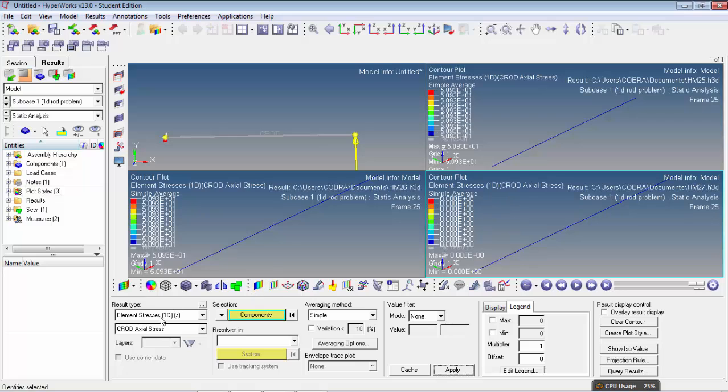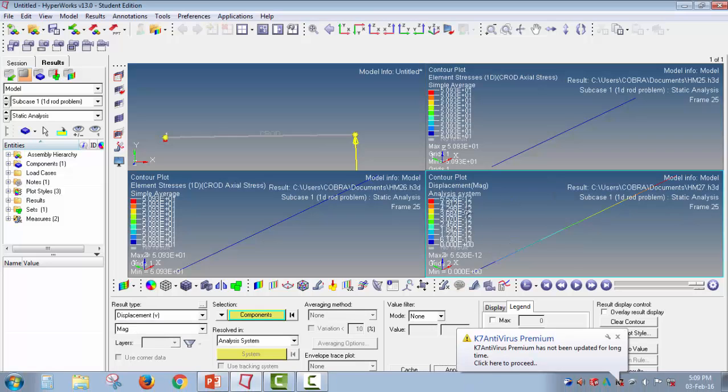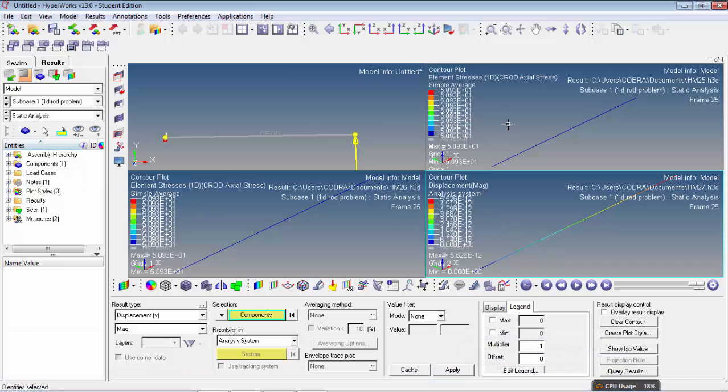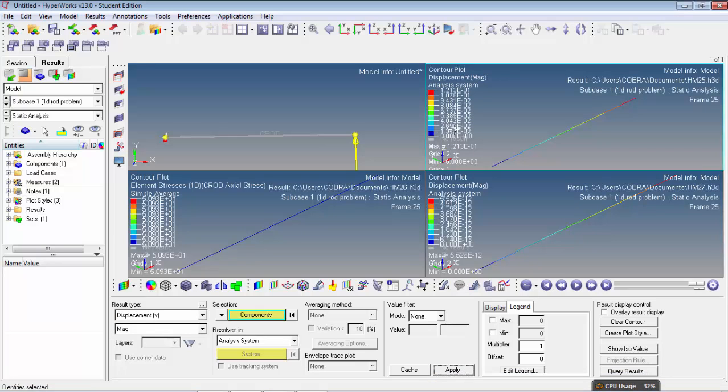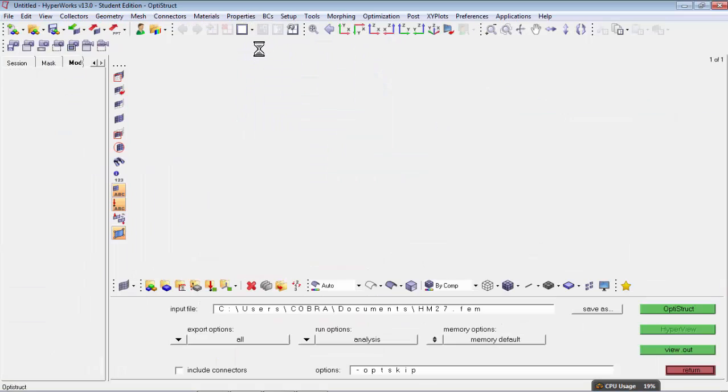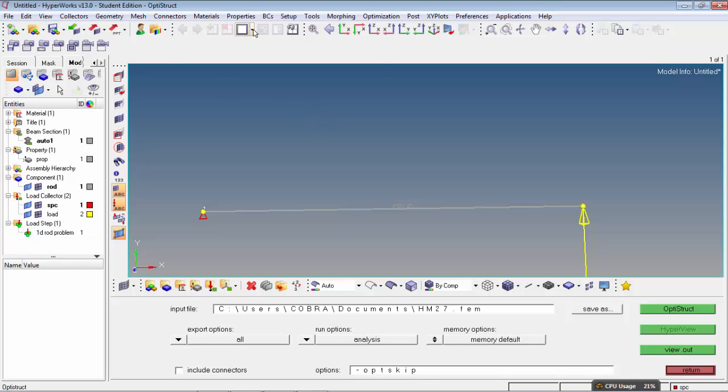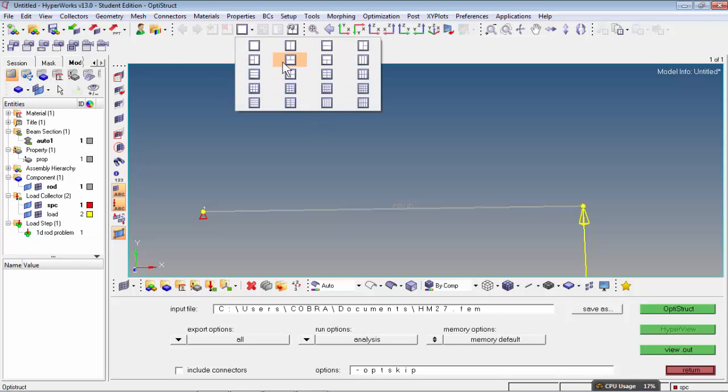So now I will move my result type to displacement and see what about the displacement. As you can see, my displacement is increased, and here the displacement is, so I will move this one to,